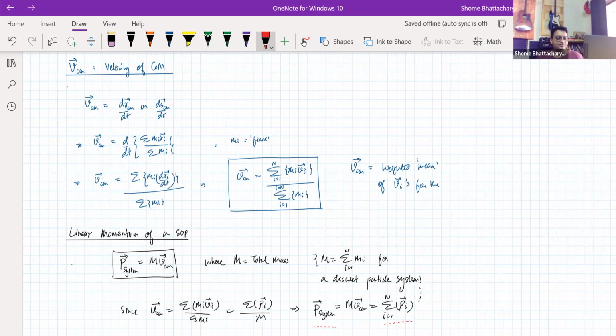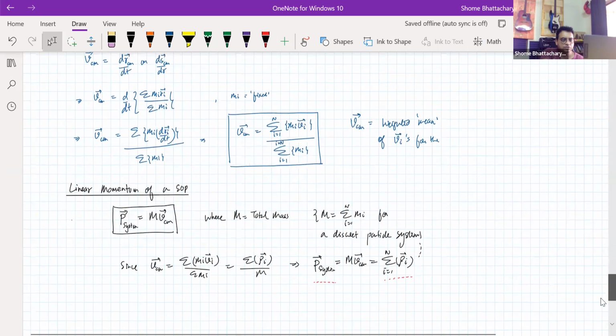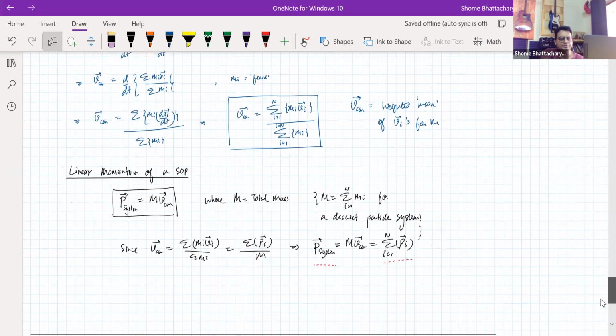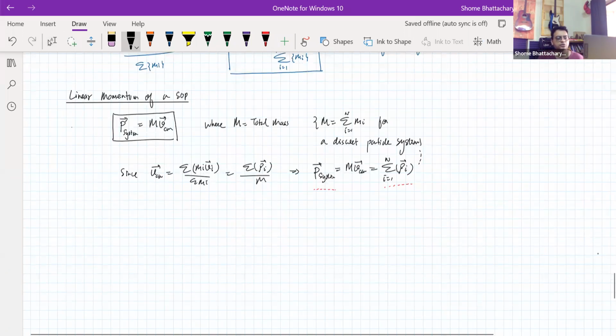Okay, now this definition of momentum has a very important significance, because from it we will come to the dynamics of a system of particles. That is, what causes change in momentum: the force versus momentum relation, Newton's second law, which is now going to be called the impulse momentum theorem for us. So let's come to that. So further, linear momentum we've got. Now if we differentiate this equation,